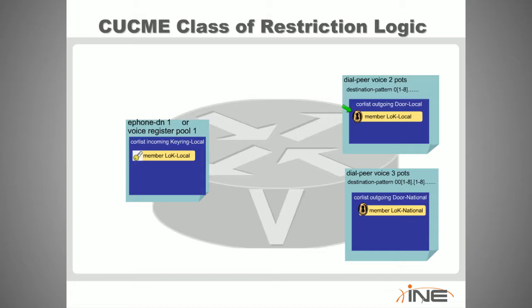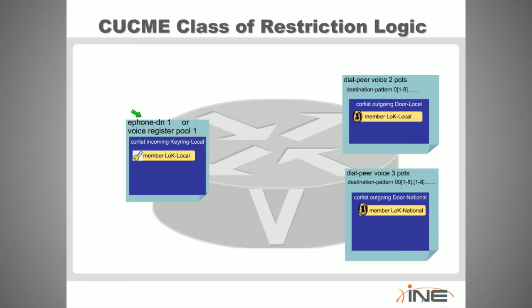here we have the member or the lock of lock or key local on door local. Then we've got a national or long distance POTS dial peer going out to the PRI, to the PSTN. And we've got a door named door national and a lock or key named LOK national. Okay, so we put the national lock on the national door, the local lock on the local door. Makes sense. Then we've got a key ring, and we see we're placing it either on